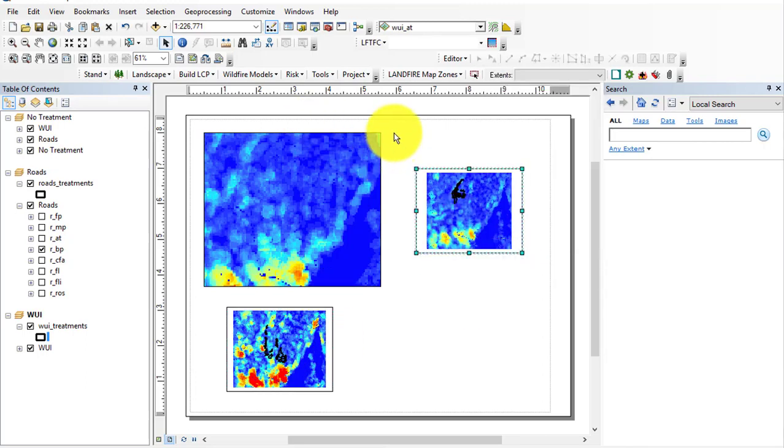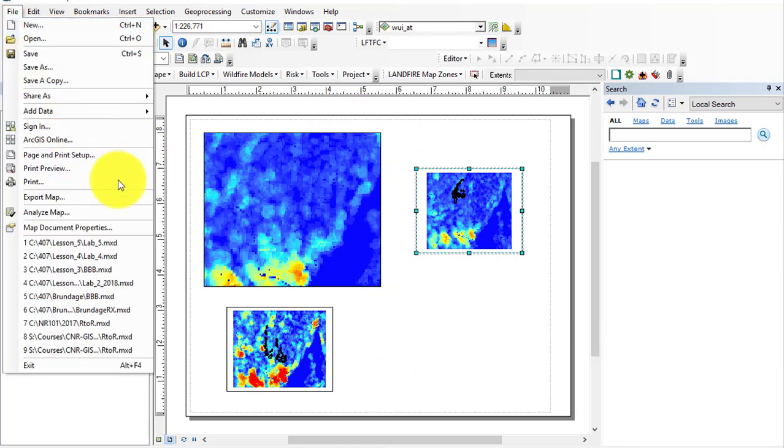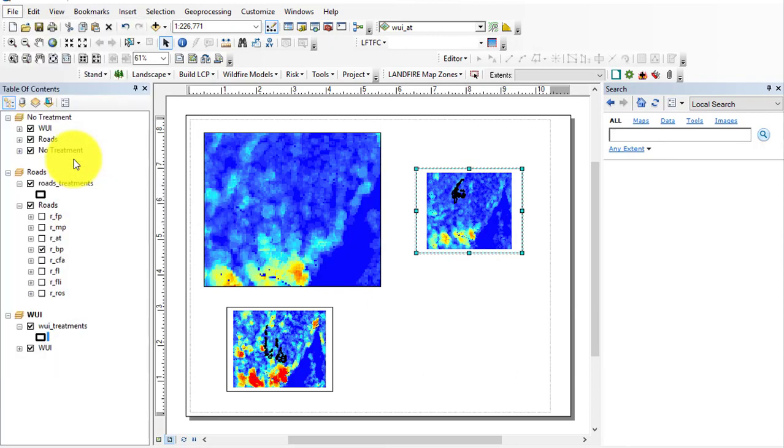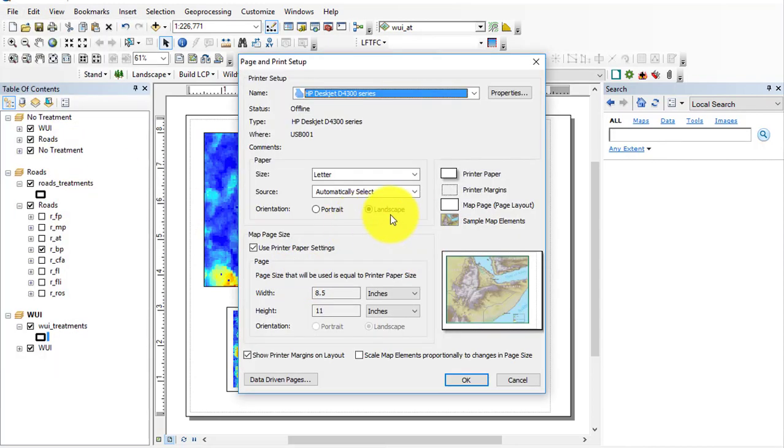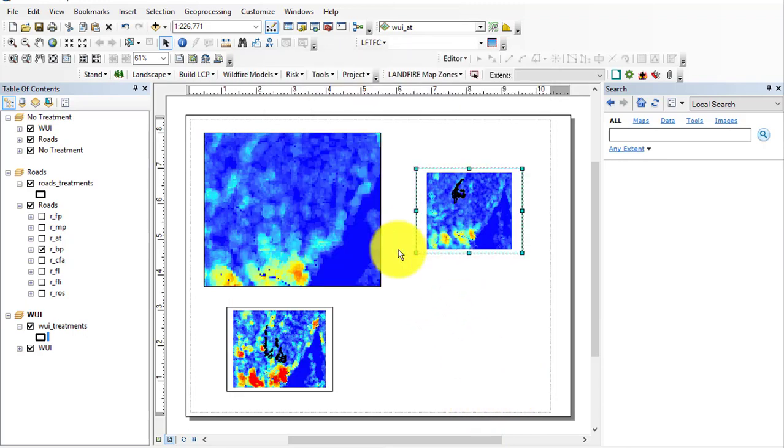Your layout view may be in portrait, mine's in landscape. To change that, you can go to File, Page and Print Setup, and select landscape. The organization that you choose is up to you based on what you feel is going to best represent your data. So navigating in the Layouts tab,